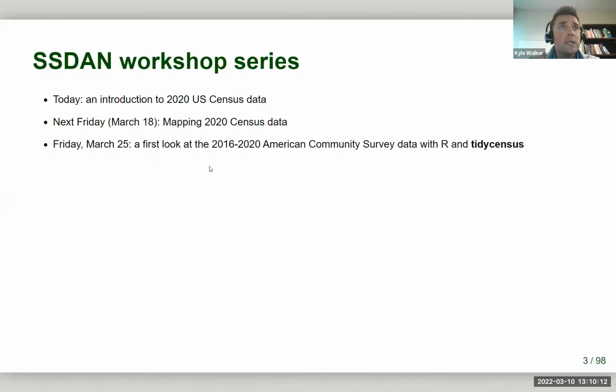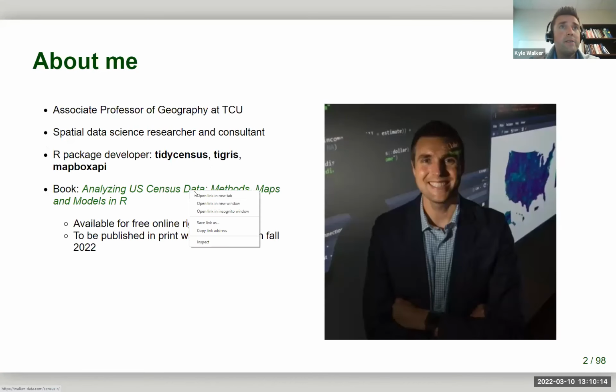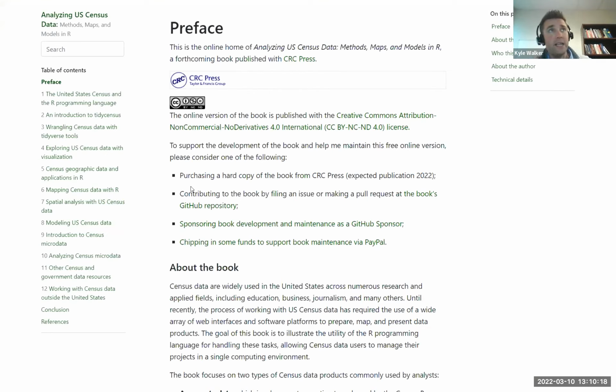If you follow that link, you'll find my book. This is Analyzing US Census Data. You'll notice a lot of the examples we're talking about today are expanded upon or replicated in chapters in the book. If you go to chapter 2 in the book,